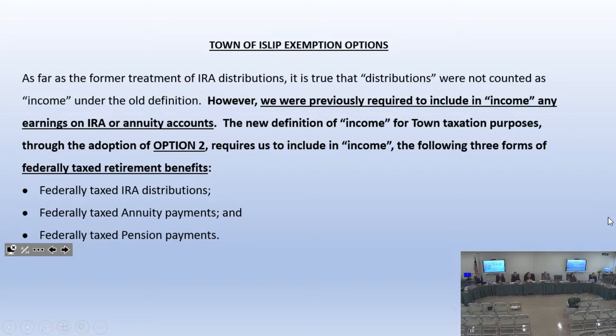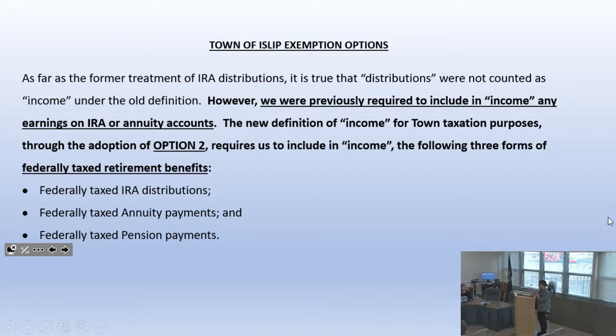Okay. All right. Because the definition has changed so drastically, where the old statute listed what was income and what was not, and now we're going to more of a FAGI-based definition with mandated inclusions and exclusions, there's no way to determine what that number would be. I think the best way we would be able to is if we basically took all of the exemption applications from last year and recalculated income using the new definition, but manpower-wise, that was not something that we had the ability to do.